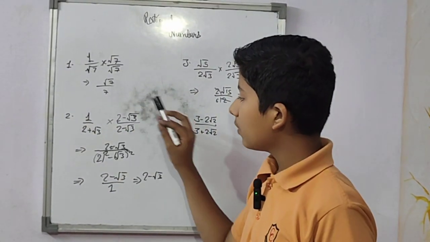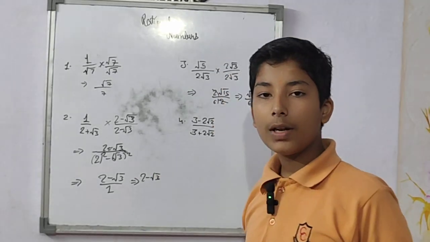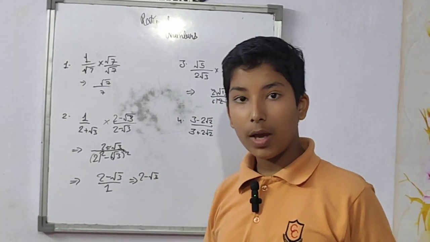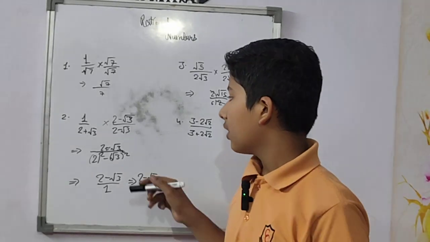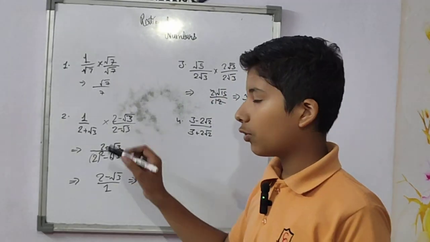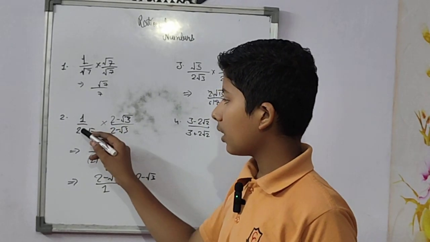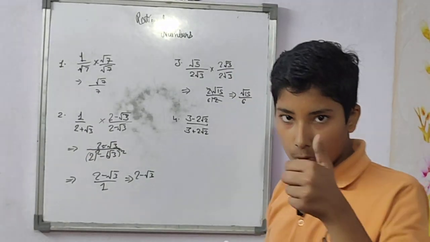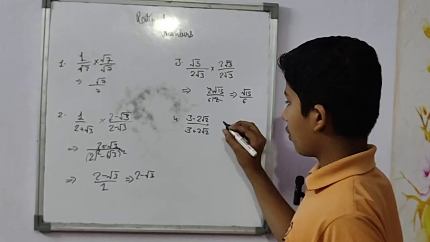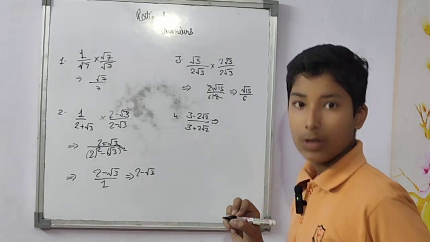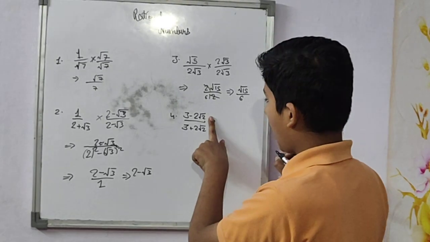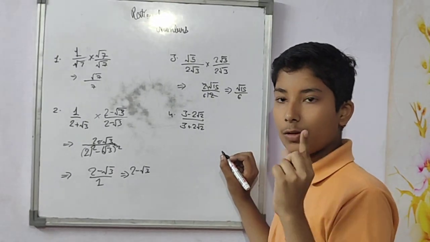I told you this whole process in case you have a written exam in 9th. But if you give some Olympiads or something, don't waste your time in calculation. Just take the reciprocal and change the symbol. Okay. Now come to our next question. 3 minus 2 root 2 upon 3 plus 2 root 2. It is confusing now, but I'm here, so no need to fear.